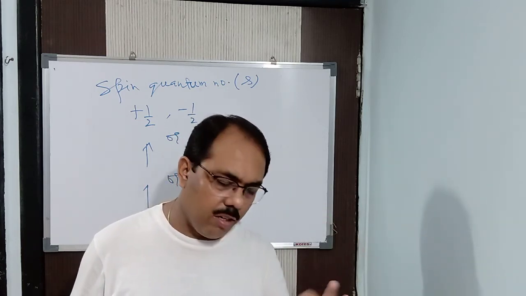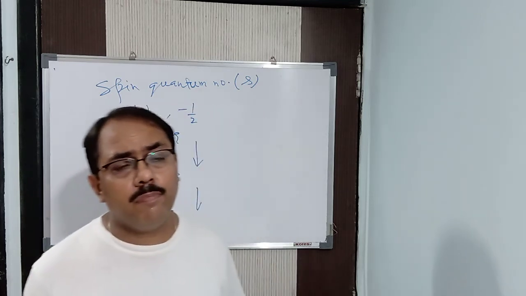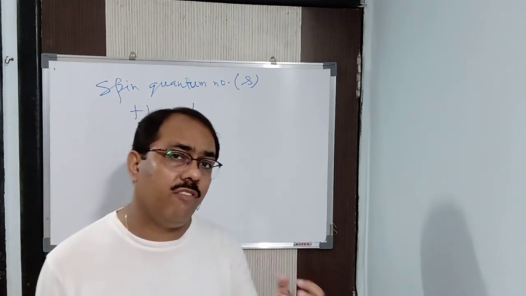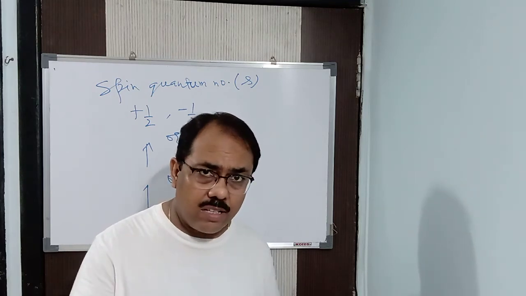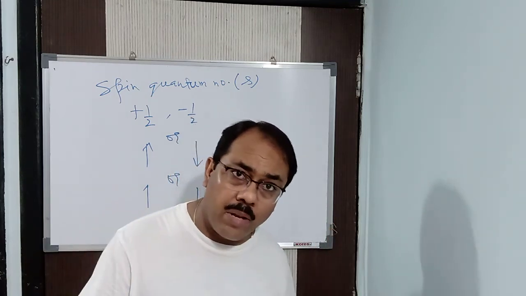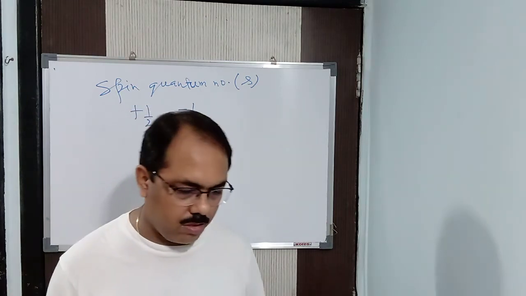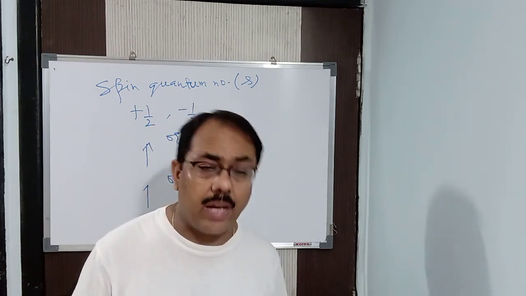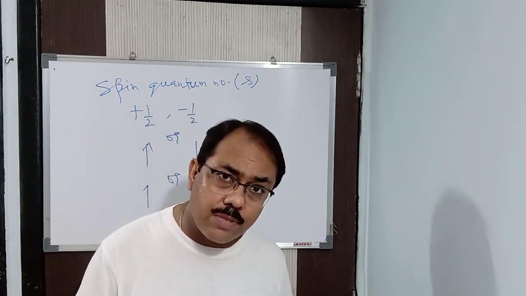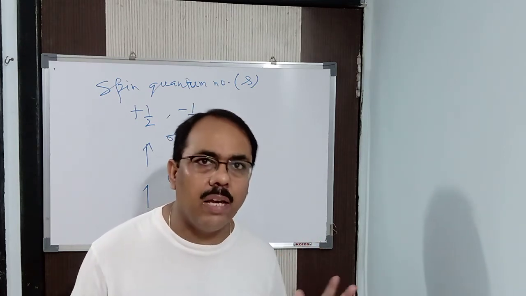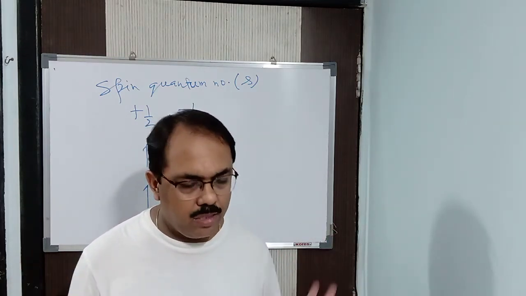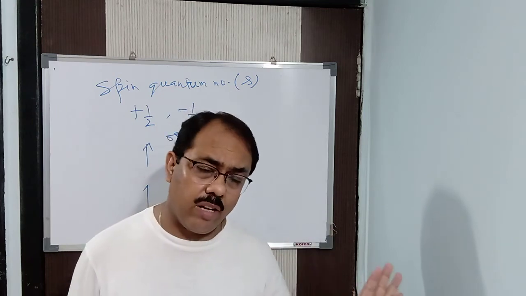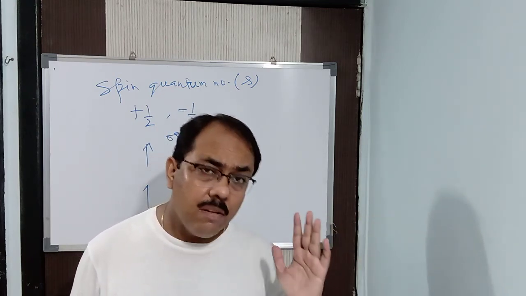Now I can tell you a little bit about it. Ferromagnetic substances are those which are strongly attracted by a magnet even in the absence of a magnetic field. Suppose the external magnet is not there, but still it behaves as a strong, permanent magnet. That is called a ferromagnetic substance. Paramagnetic substances are weakly attracted by a magnet. Diamagnetic substances are weakly repelled by a magnet, repelled, not attracted. Ferromagnetic substances are strongly attracted because they behave as a permanent magnet.